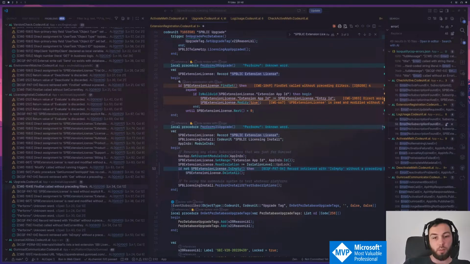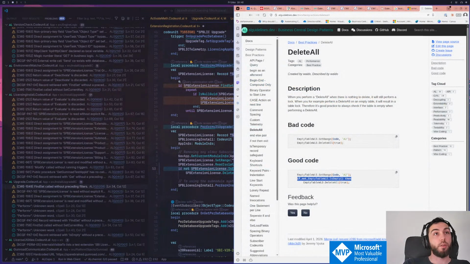yes, exactly. The is empty could produce a table log. That's what I showed here. What Waldo described on AL guideline stuff. This is why I have the rule. My only question is